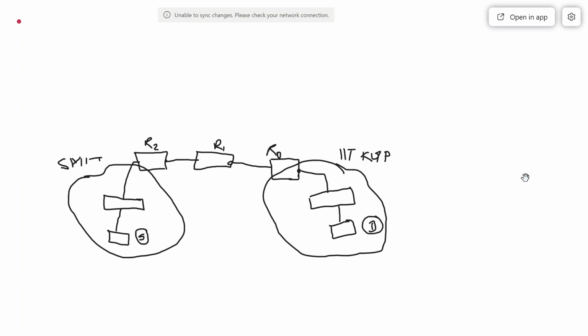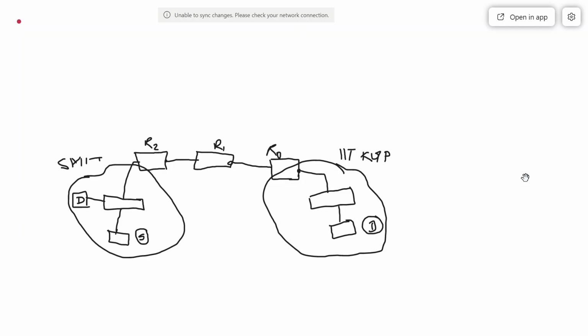Got the idea? Now how will the communication take place from source computer to destination computer? As far as local LANs are concerned, suppose source and destination are in the same network. This part we have already discussed. So we will be able to successfully communicate, and this part is over. Now we are considering that source is in one network and destination is in another network.